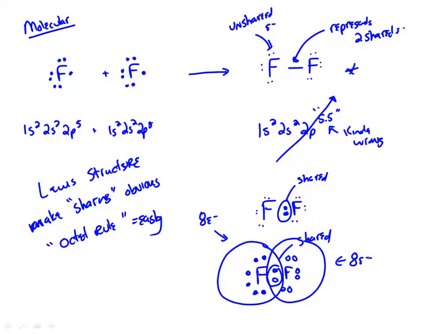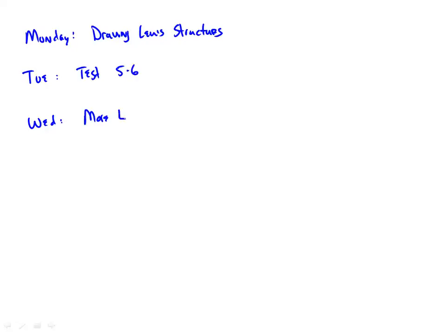So what we want to be good at is drawing these Lewis dot structures. We're going to have to practice a lot to talk about how to share electrons. So on Monday, we'll talk about drawing Lewis structures. On Tuesday, we'll have your test on chapters 5 and 6. On Wednesday, we'll do more Lewis stuff, probably. And then on Thursday, there's an entire lab where you're going to draw Lewis structures, plus you're going to end up building, and we'll talk about how to do that on Monday or Wednesday, three-dimensional